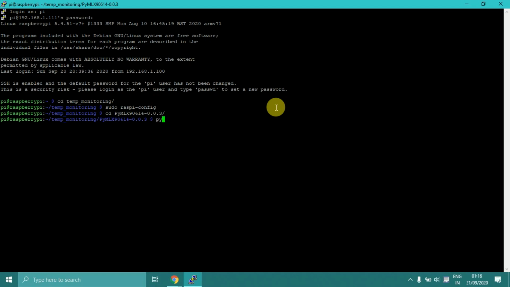Then I'll test. Now it works on I2C based protocol where the amount of intensity in front of the sensor is directly proportional to the temperature. So it emits the energy and it gives the temperature with respect to that. That is explained by the Stefan-Boltzmann law, and it has the ability to give the ambient as well as the object temperature using the I2C.